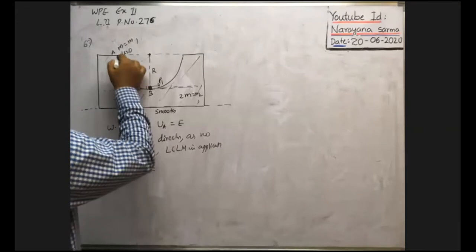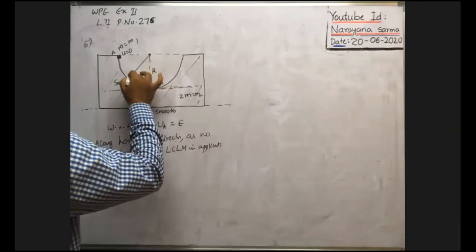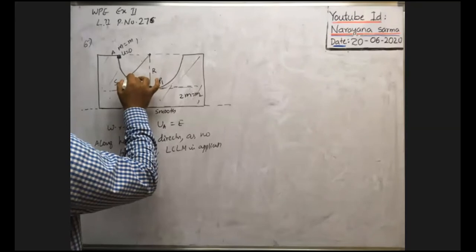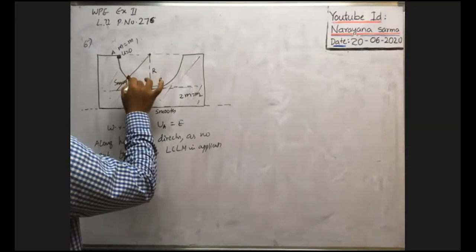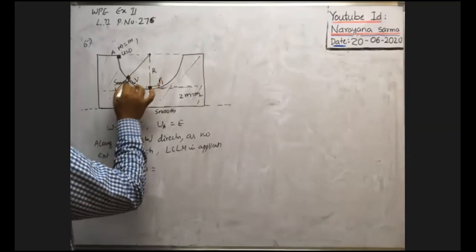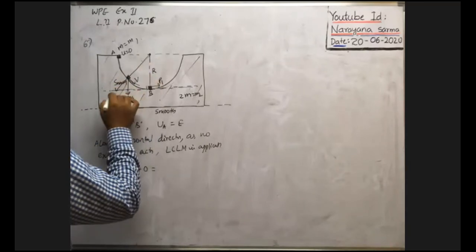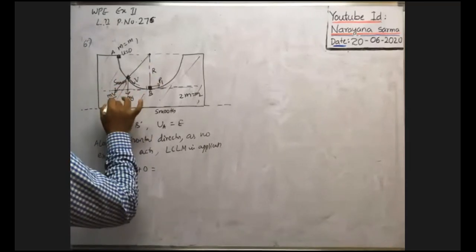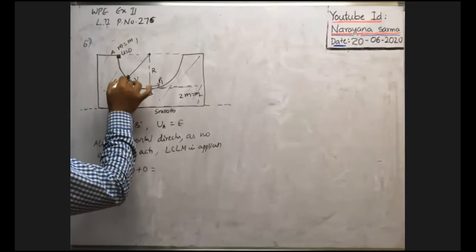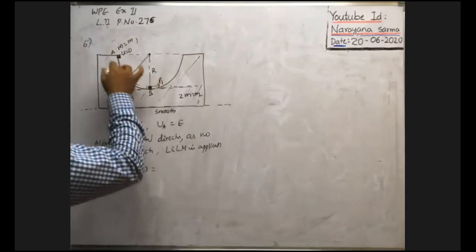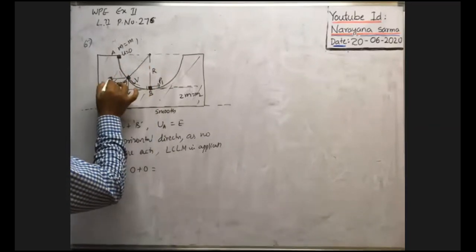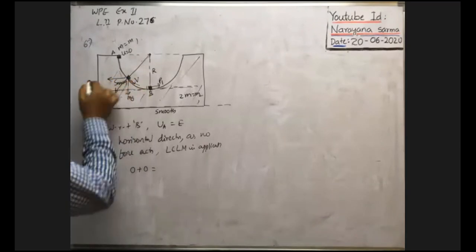But here, as the wedge is also in motion, what is the reason why the wedge will move? Whenever the body moves like this, you see the centrifugal force. If the velocity of the body at this point is say v, then the centrifugal force acting on the body away from the center is mv square by r. With this force, the body pushes the wedge, this curved surface of the wedge, in this direction. Its components act in the vertical direction and in this direction.